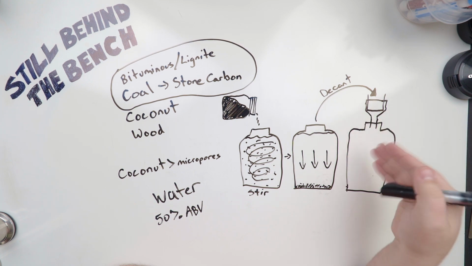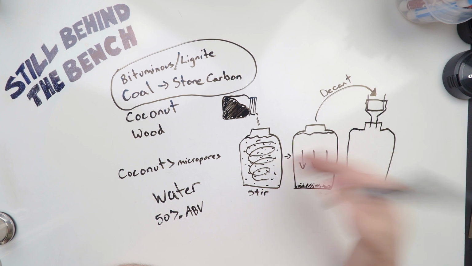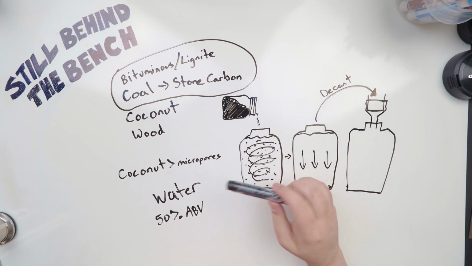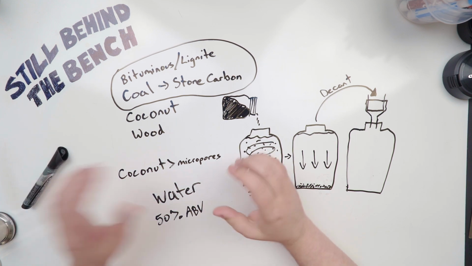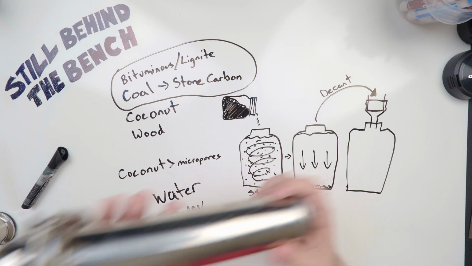You may need to do this more than once depending on how fine the powder is, but that's generally just how you use it. And you can do the same thing with granulated activated carbon. But for granulated activated carbon, the best solution I've found is just to make a housing out of tri-clamp spools